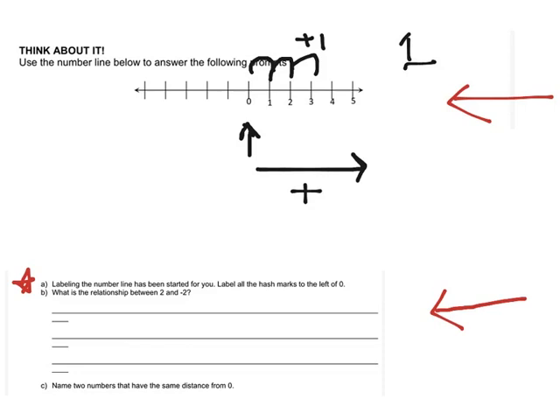Okay, so now I need to fill in the numbers to the left of my 0. Since I already have positive numbers here, I'm going to be recording my negative numbers because they're all numbers that are to the left of 0 or that are less than 0. I also know that my scale is 1, so I know that each line is just going to represent one more digit. So my first one is going to be -1, that's 1 less than 0. Second line, -2,